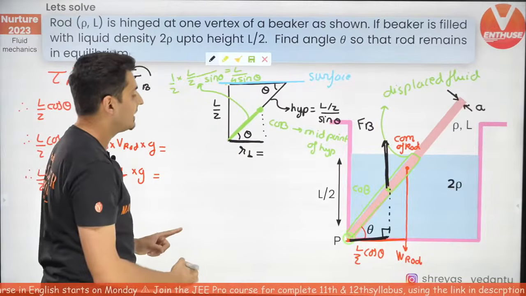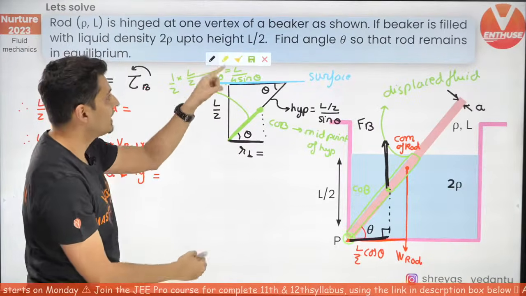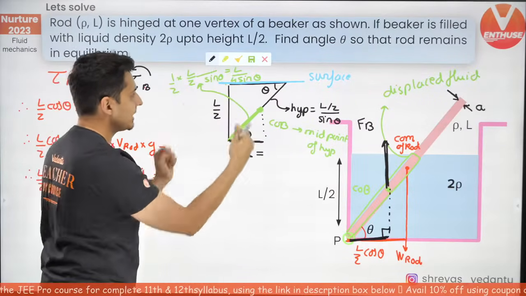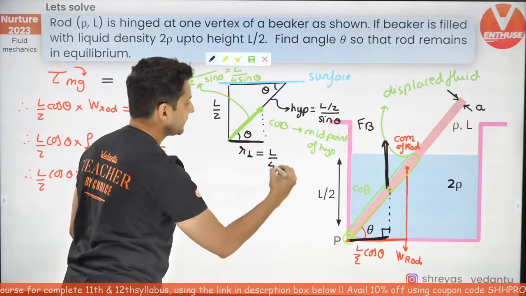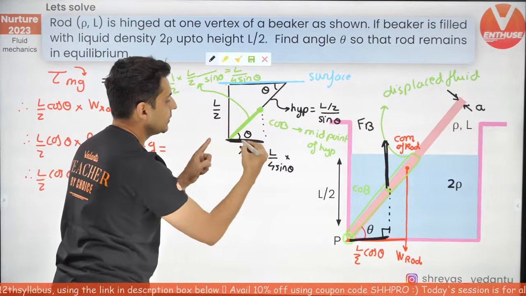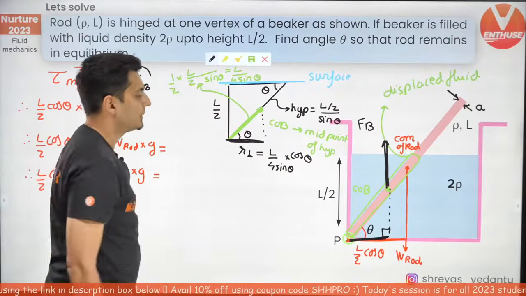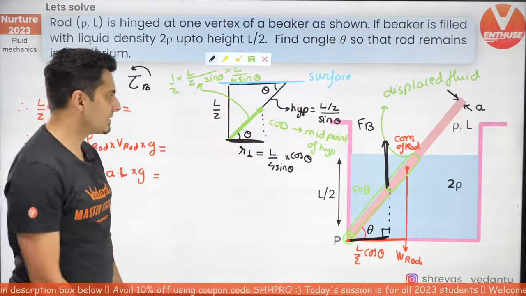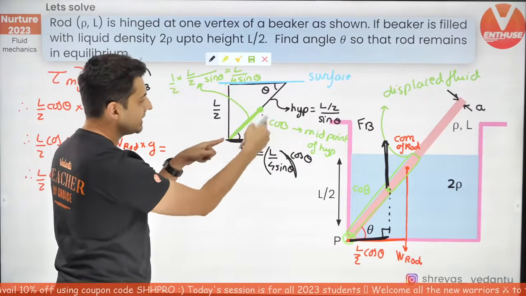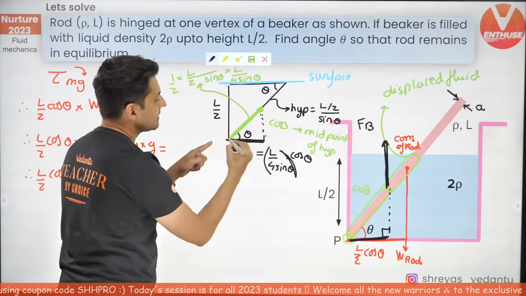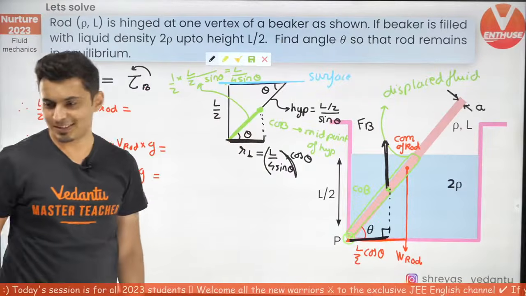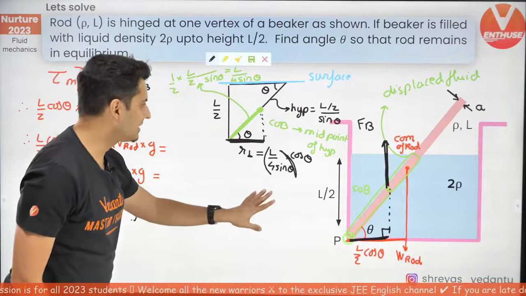And how much will R perpendicular be? R perpendicular will be this length's cos theta. So this much part's cos theta, that means it will be L by 4 sine theta's cos theta, because this is the adjacent side over here. So into cos theta. See now if it makes sense. This much part was this length. Cos theta in this small right angle triangle is this perpendicular distance on the force. This is exactly this distance. What a brilliant question it is.